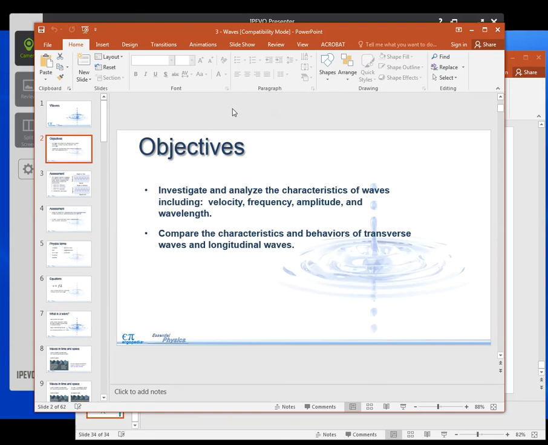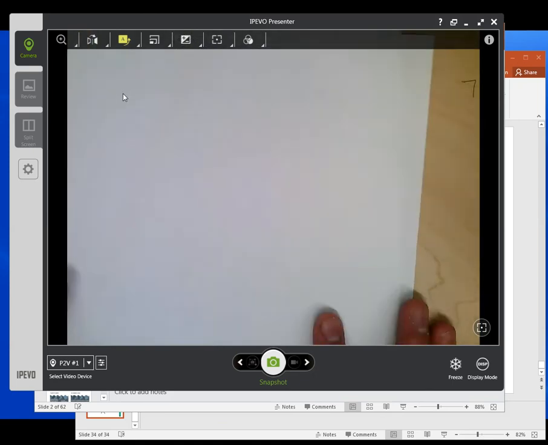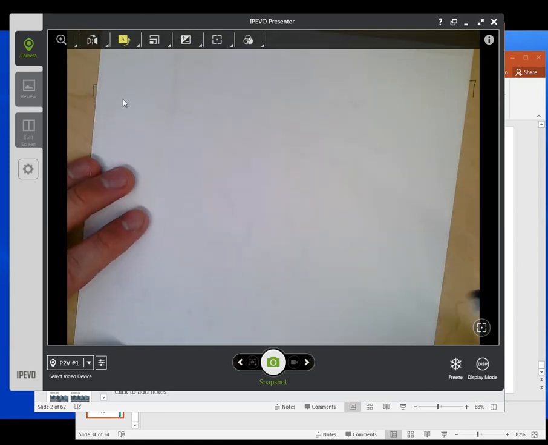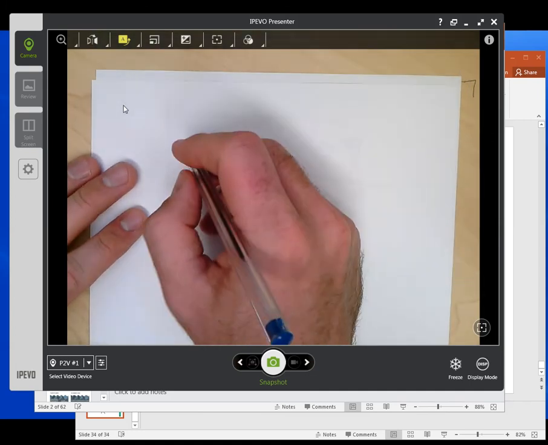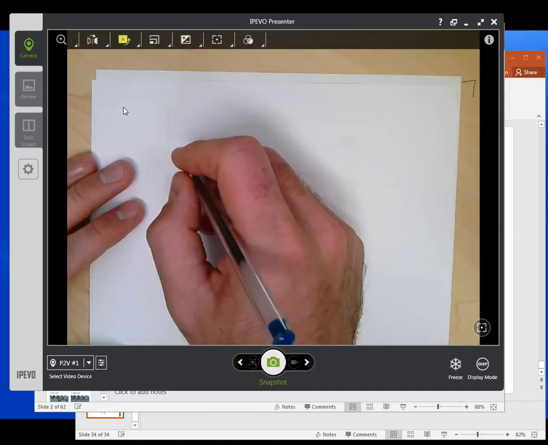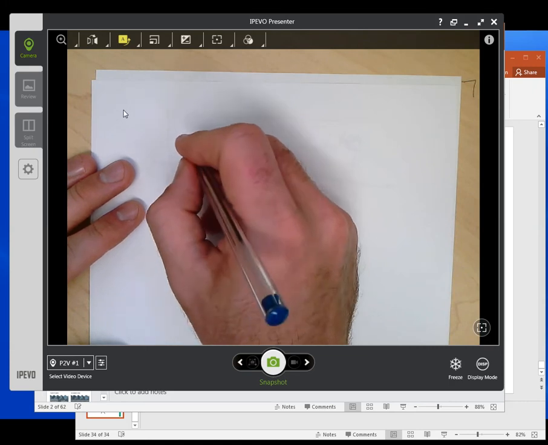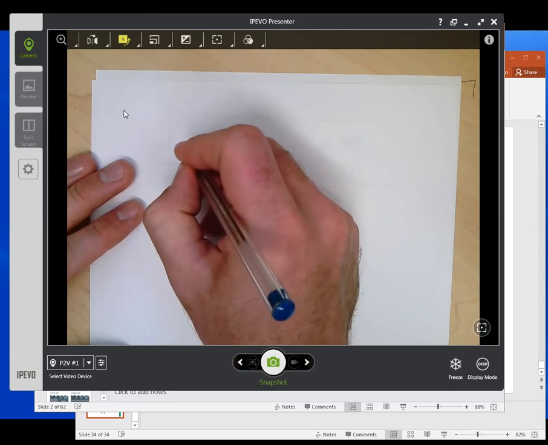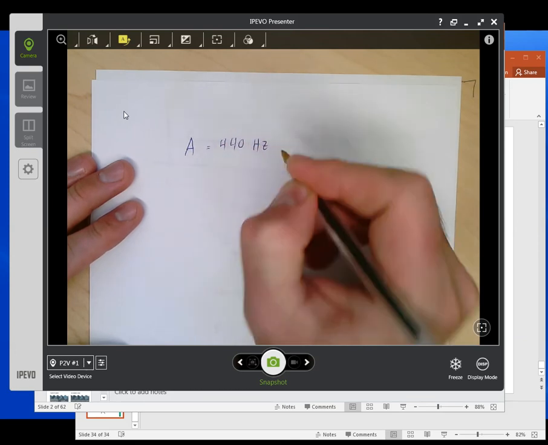I think I should probably mention that. I'm going to go back to this thing here. We were mentioning octaves in one of the slides, but I will just mention right now that an octave is going to be multiplying by a factor of 2. So for example, if you had an A that was equal to 440 hertz,